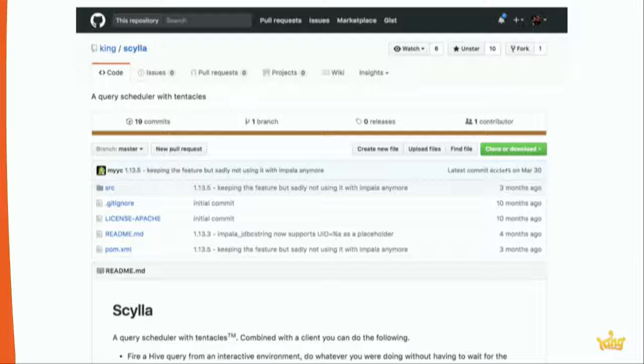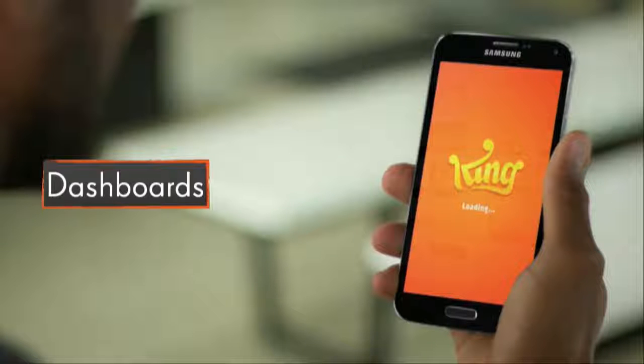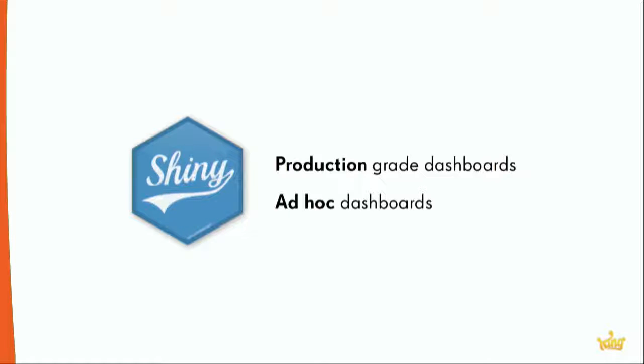And yeah, so apart from access to big data, we also are producing a lot of dashboards. So the company has, you know, the typical sort of official tools. In our case, we use QlikView, we use Looker, we have several proprietary things. But you know, Shiny keeps creeping into the company. So you find Shiny stuff everywhere, and that's a beautiful thing to see. So we see Shiny apps deployed as just ad hoc dashboards just to prove some model and share it with some of your colleagues, up to really production-grade dashboards with all the bells and whistles, with HTML templates, custom JavaScript,